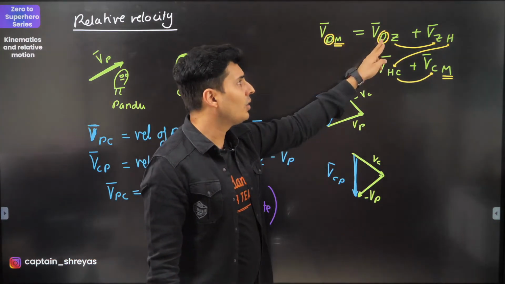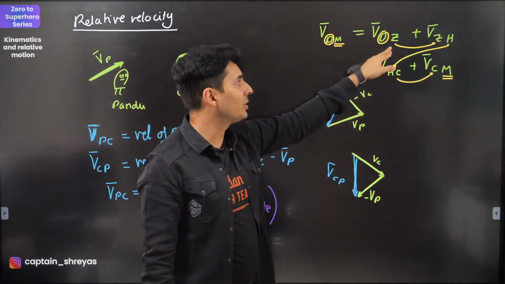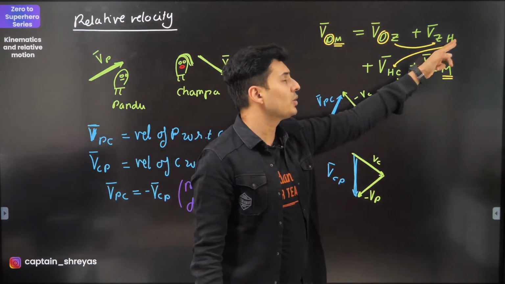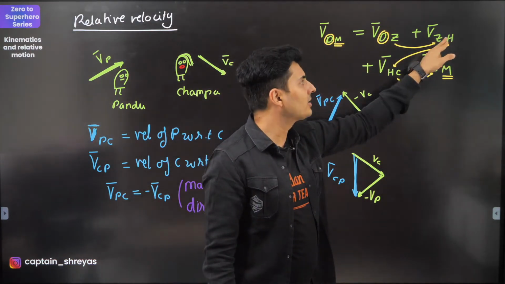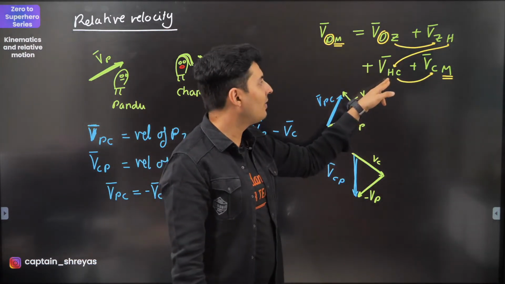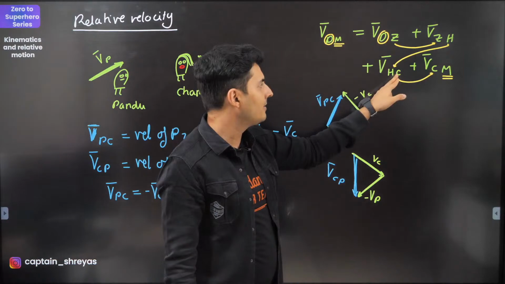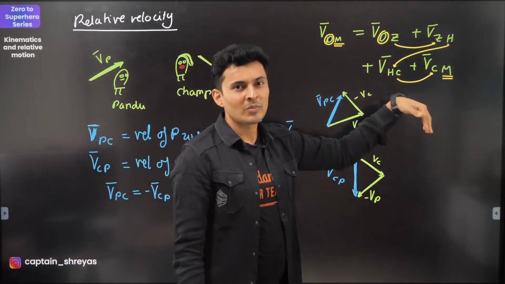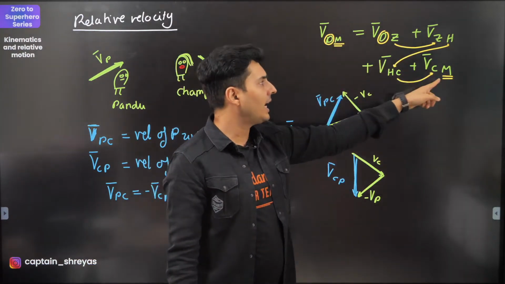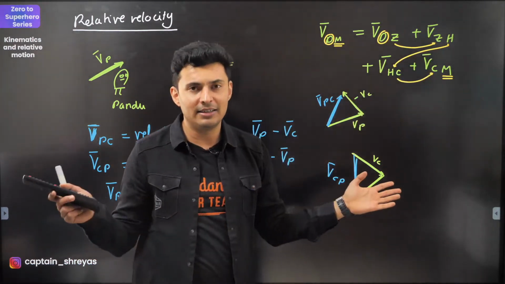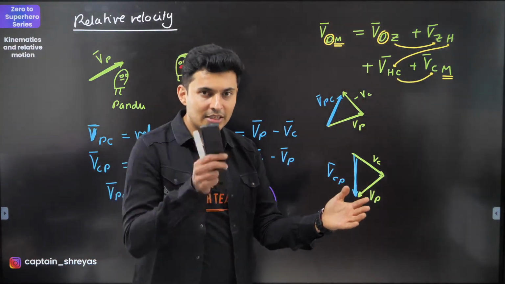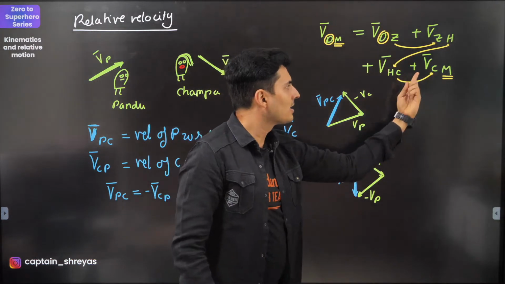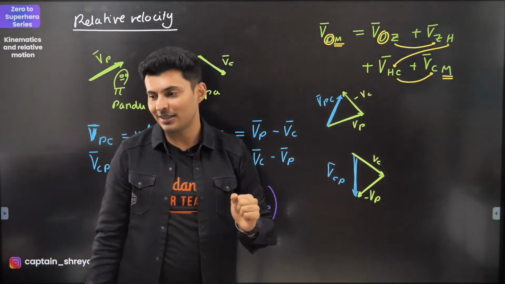Let's say you know the velocity of donkey with respect to zebra. You ended with Z, so start with Z: velocity of zebra with respect to horse. You ended with horse, start with H: velocity of horse with respect to cow. C ends, C starts: velocity of cow with respect to the last letter, M. So if it is 1, 2, start with 1, end with 2. In between you can have multiple letters, multiple frames. Change the frame in order. VDM is VDZ, ZH, HC, CM. Start and end with the same two alphabets.